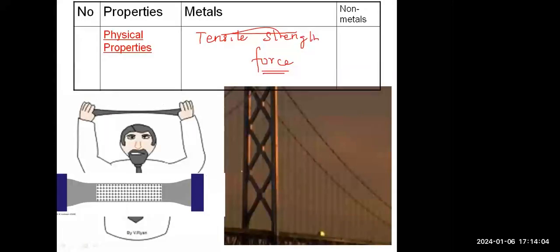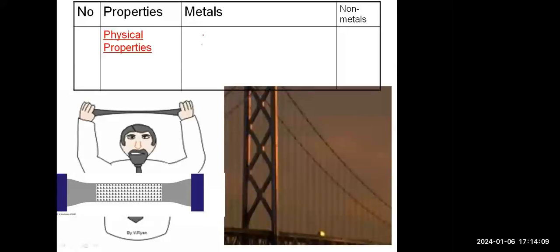Suspension bridges are the ones which do not have any pillars to support them from the bottom. They are just hanging at the banks. You can see these are two poles and the bridge will be just hanging between the two poles. And these are very thick, strong metallic